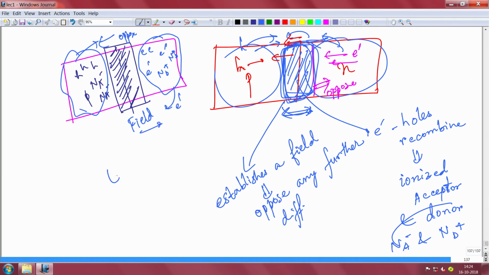So, it is now in equilibrium. There is no current flowing. Initially when they combine you might think that there is some current flowing, but that is a very quick process where a little bit of electrons and holes have moved and basically balanced, and now there is no current flow. So, this is the equilibrium that has formed.